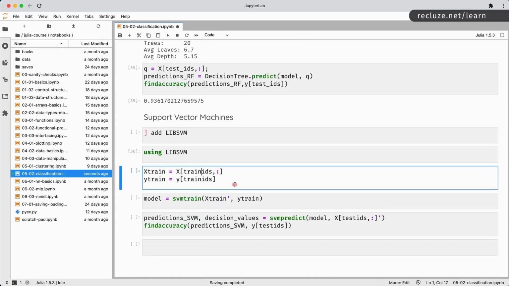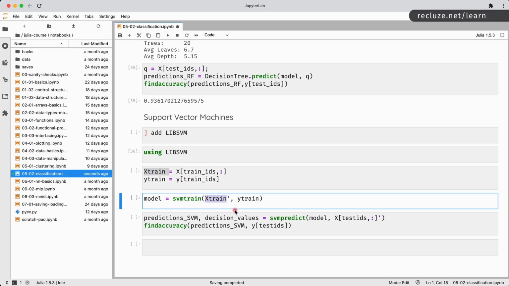You calculate the training and testing values. So those go into ytrain and we simply pass them over here. The reason we're doing this is libsvm requires the structure in a slightly different format, so we have to transpose this, right? So you just have to remember that libsvm is slightly different because it's traditionally done like that.